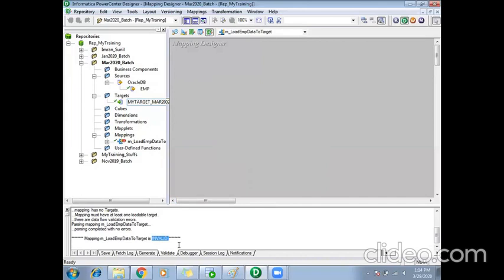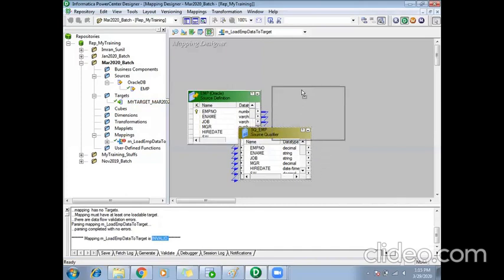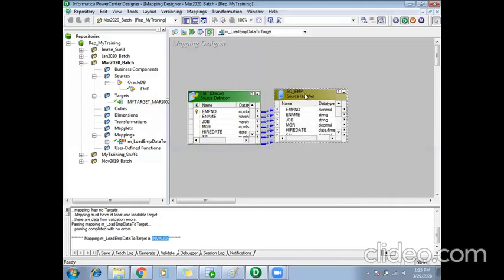In order to make a mapping valid, we have certain restrictions. Minimum things should be there in a mapping to make it valid. First, I'll take my source, since I need to extract the data from the source, and drag and drop it to my mapping.